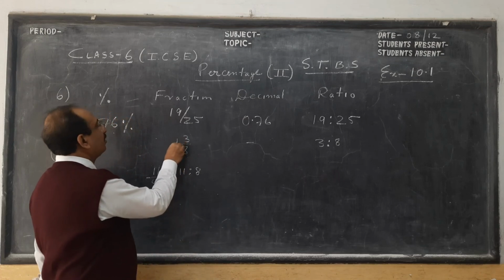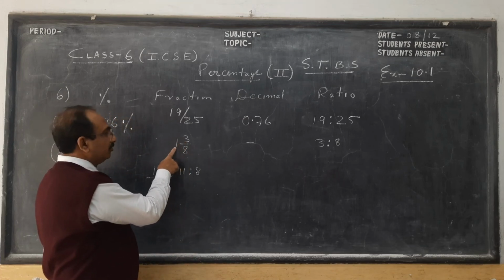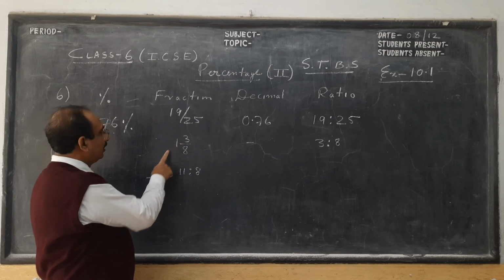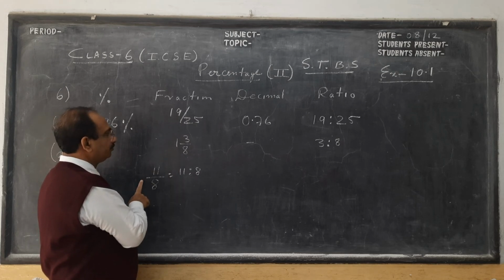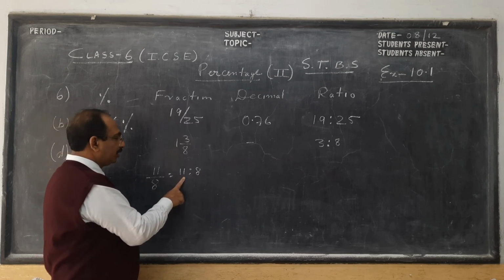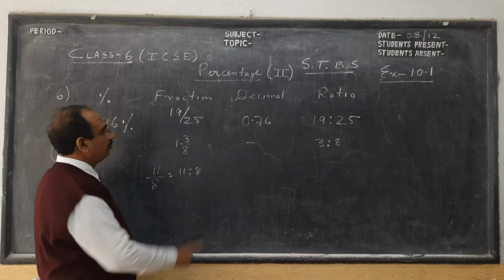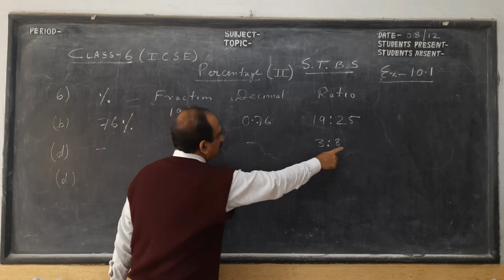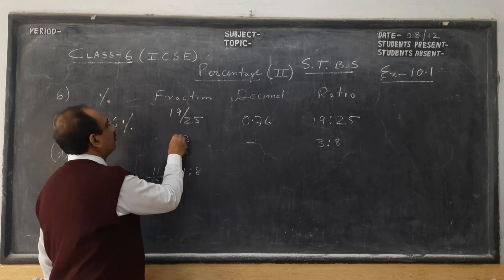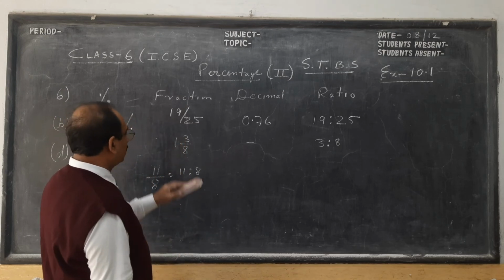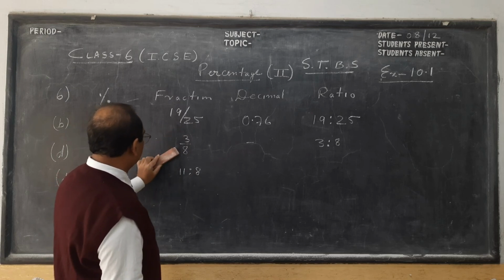But when you have a mixed fraction which is more than 1, with a number, we convert to an improper fraction and then we get the first part of the ratio more than the second part. So remember, in a proper fraction the first part is less than the second part in the ratio, but when you have a mixed fraction, we convert it to an improper fraction and the first part may be more than the second part. So this we got, children.